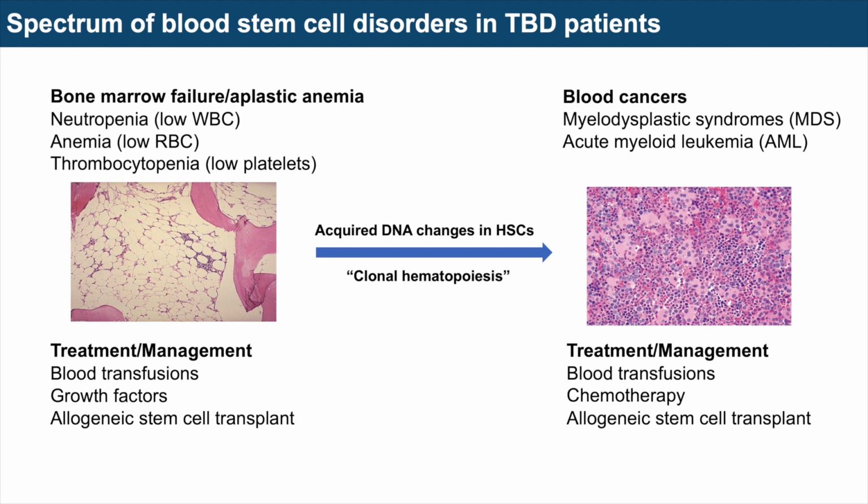And I wanted to kind of highlight for you how this actually occurs, because I think it's helpful to think about how we can surveil patients. And so all of these conditions really derive from changes, acquired changes in the DNA that are in the hematopoietic stem cells. And over time, that can lead to blood cancers. And this is something that we can readily detect now. And so we have a platform at Dana-Farber where we can look for these changes in these blood cells. And that can often precede the development of blood cancers by several years in many cases.